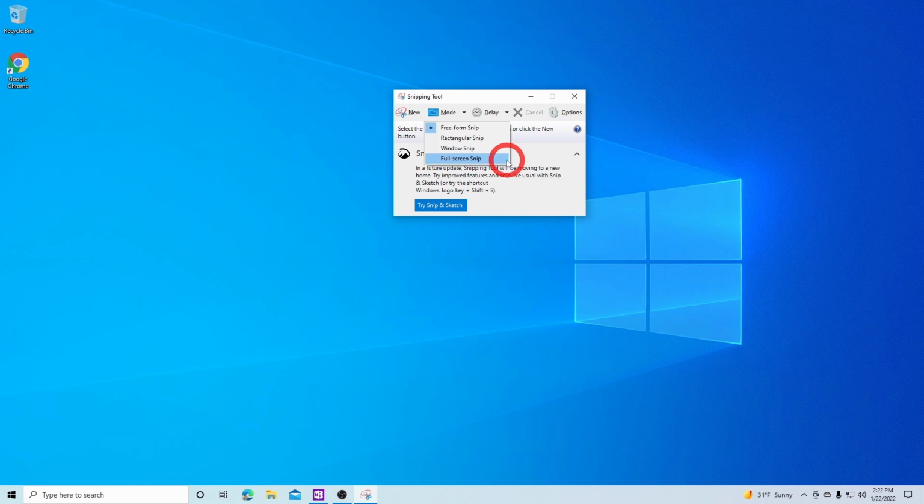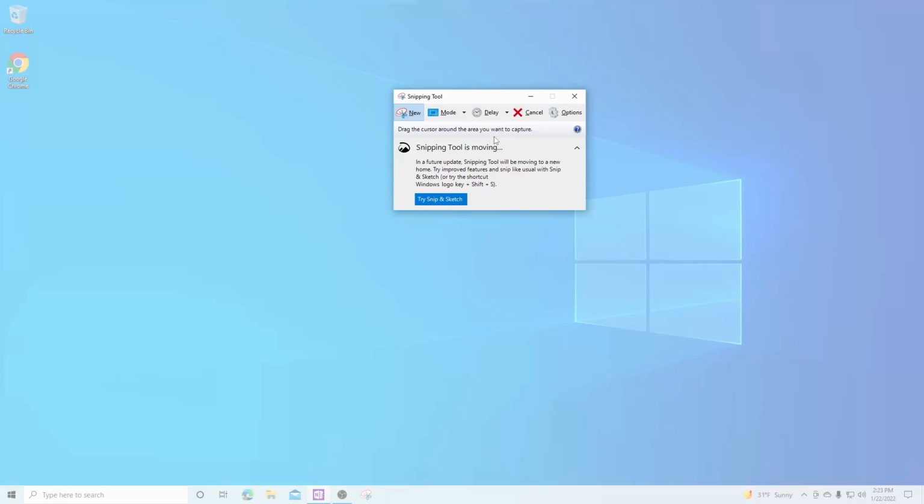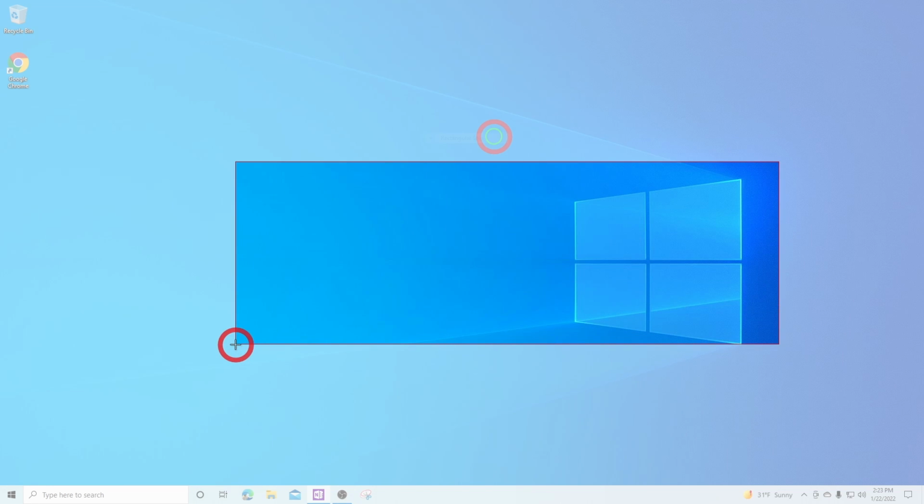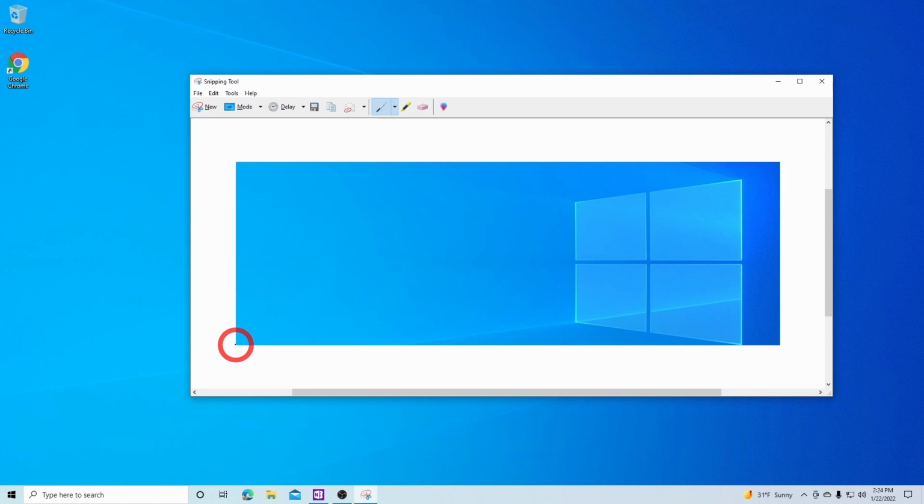To demonstrate some of the modes, we'll start off with a rectangular snip, as that's the most common one that's used. By clicking on the rectangular snip option, your screen will turn white, and you can now left click and hold one corner of the area you wish to begin your snip and drag it across the entire selection within the rectangle. Releasing the left mouse button will pop up the snipping tool window in your snip selection, allowing you